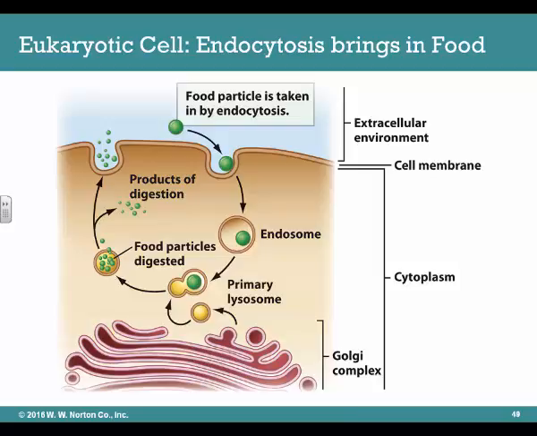So one thing that these internal membrane-bound compartments can do is they enable the cell to sample the environment around them, to bring in important particles such as food, or to internalize agents that are threatening in their environment in the case of phagocytosis, which we already went over at the end of Chapter 4 material. So this process of endocytosis is where the cell membrane here at the top